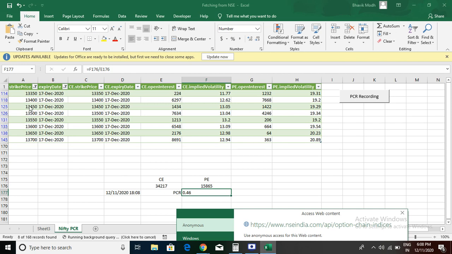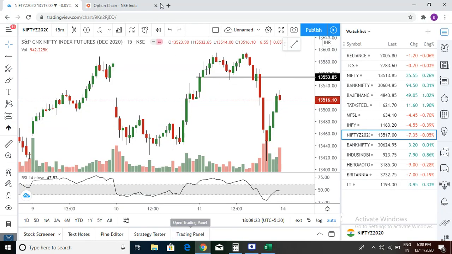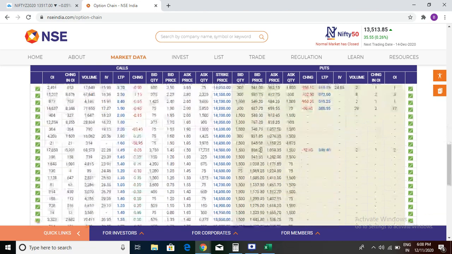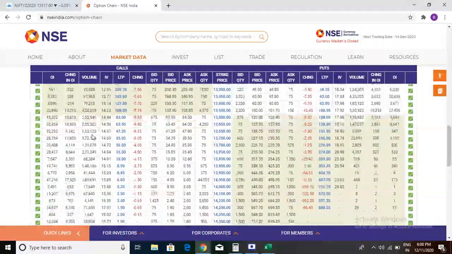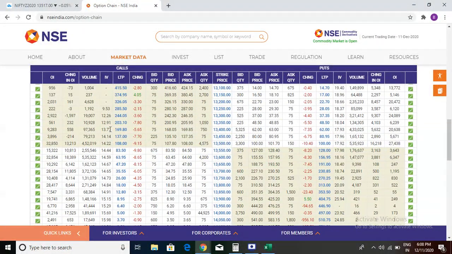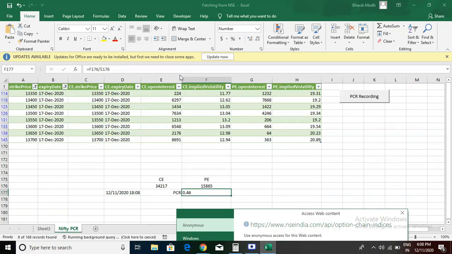See, you can take 3 strikes up or down, 2 strikes, 5 strikes. I usually prefer 4 strikes. It's up to you. Okay, but looking at total open interest on an intraday basis can be a waste of time. You should have clear vision of your thing. I hope you got my point, that what is happening on your surrounding strikes matters the most, not just the total puts divided by total calls. You can see it will show you here. See, this option chain you can get from anywhere. Okay, if you message me, I will send it to you. You can get this anywhere.